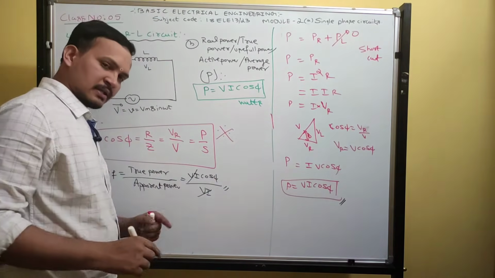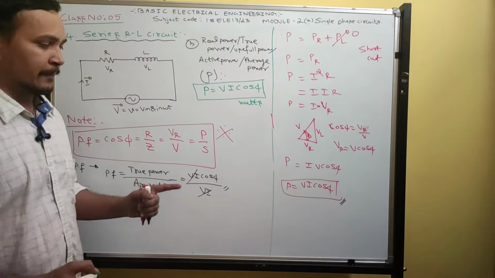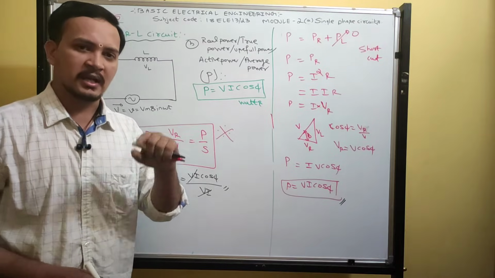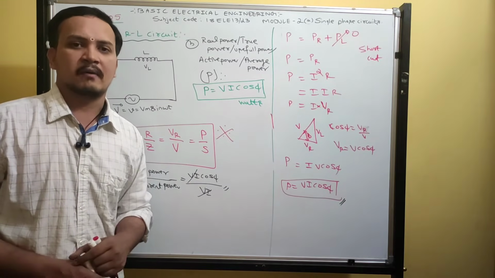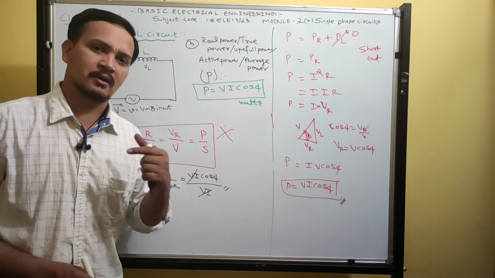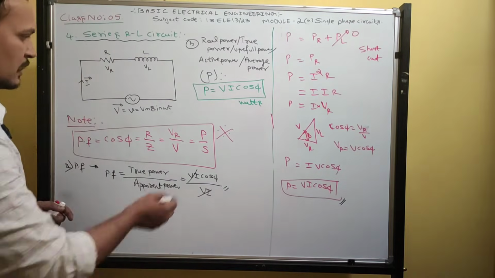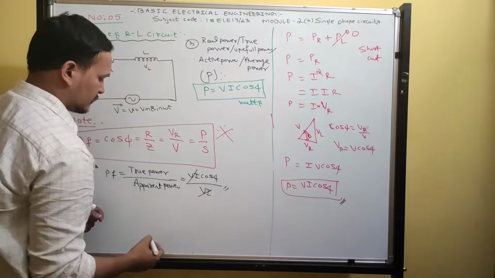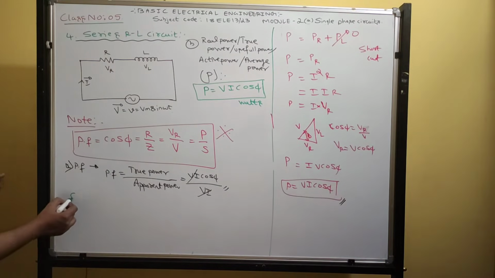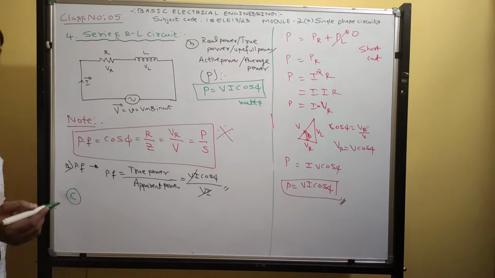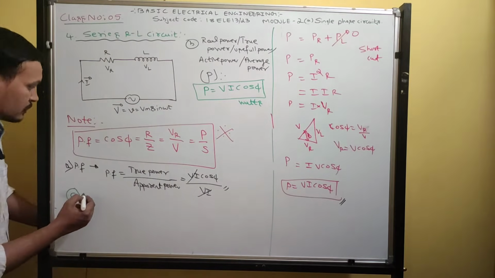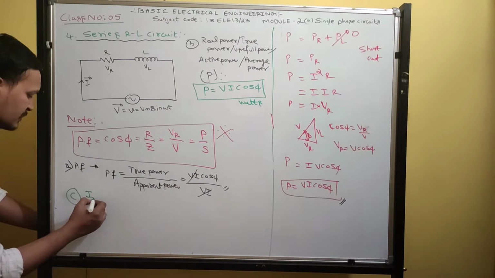If the rating increases beyond 1000, represent it in kilowatts. If it increases still more, represent it in megawatts. Again it increases, gigawatt. Again it increases, terawatt. Like that, as power increases. Next, B is over, then C. Number C. Pause the video and replay it, you will get what I explained. Then C: imaginary power.